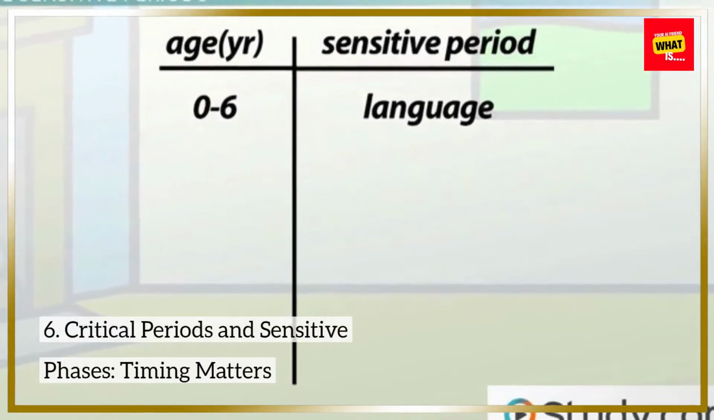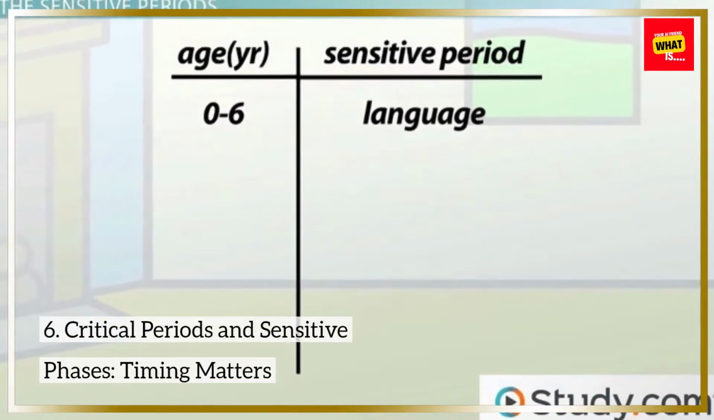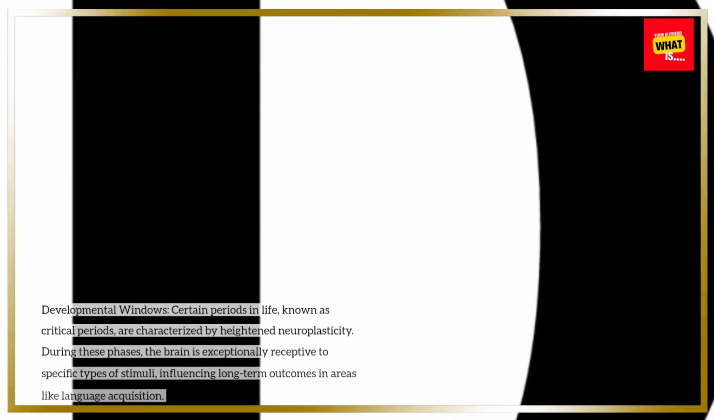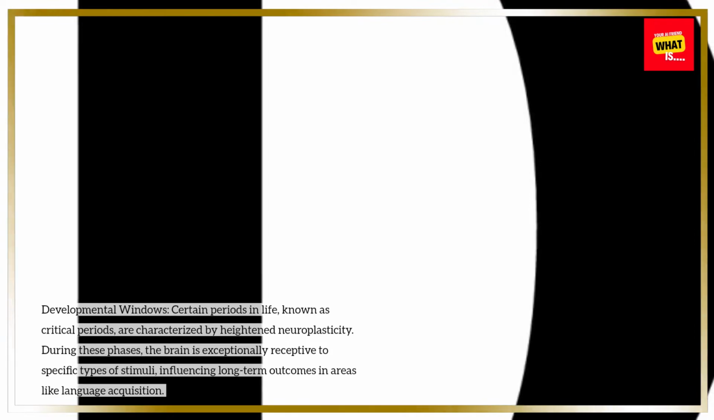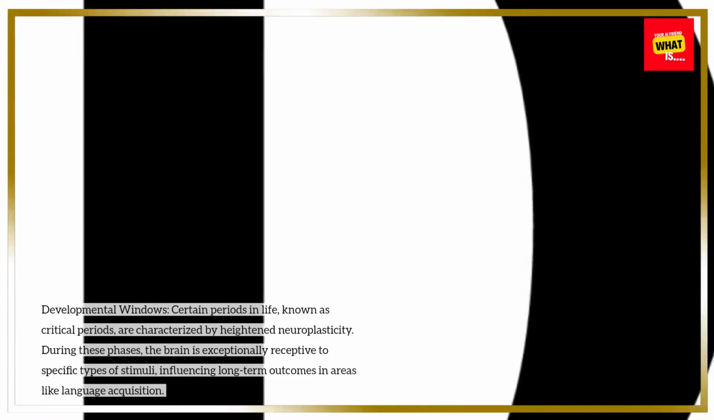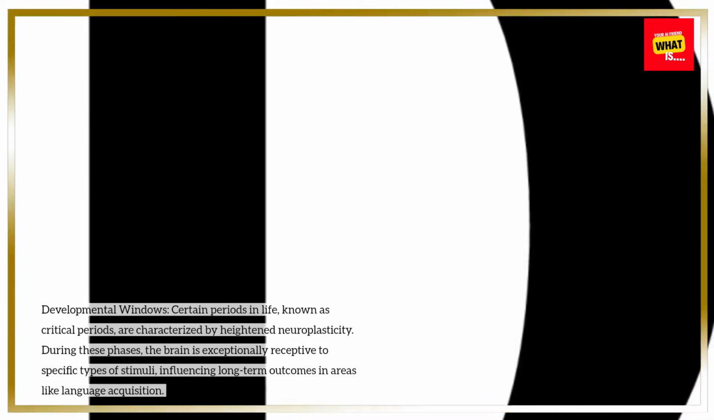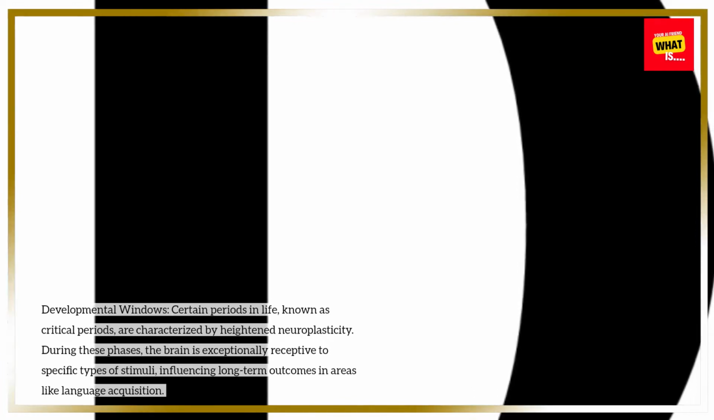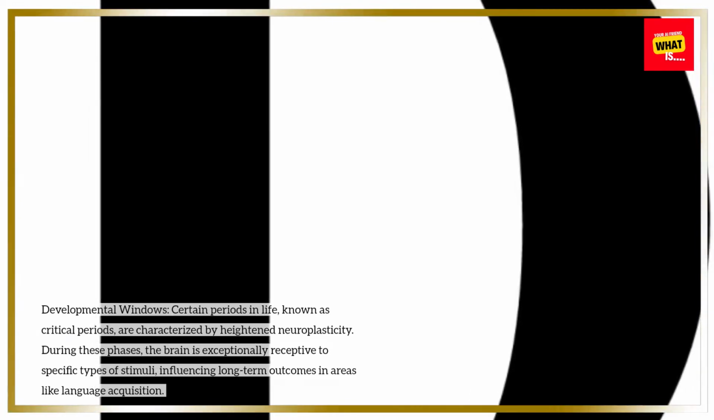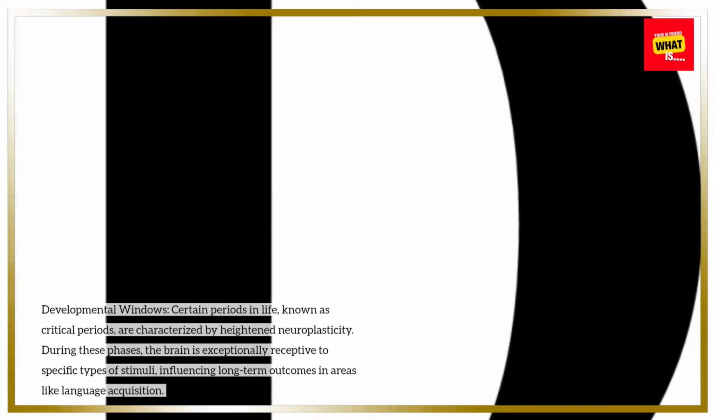6. Critical periods and sensitive phases. Timing matters. Developmental windows. Certain periods in life, known as critical periods, are characterized by heightened neuroplasticity. During these phases, the brain is exceptionally receptive to specific types of stimuli, influencing long-term outcomes in areas like language